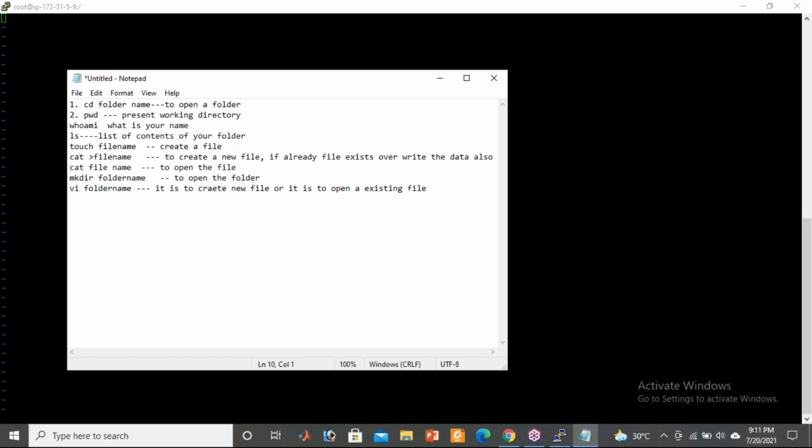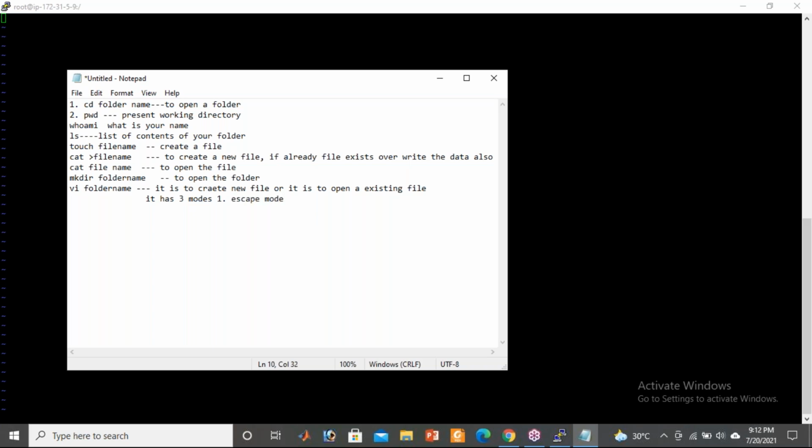So it has 3 modes total. Guys, the VI editor has 3 modes. Write down: VI editor has 3 modes. First one, escape mode.